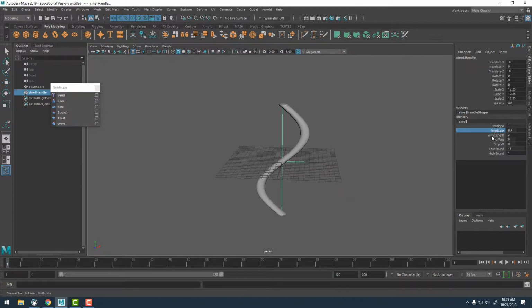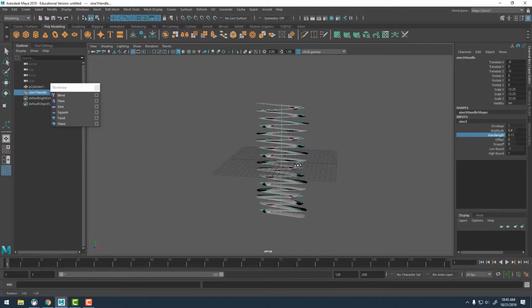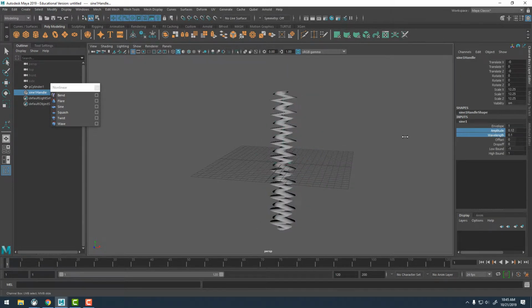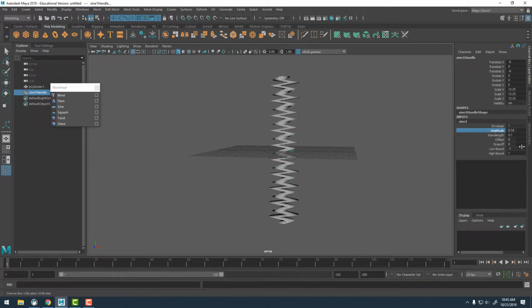The wavelength dictates how many actual waves are in this. The lower you go with this, the more waves you have; the higher you have it set, the fewer waves you have. So if I were to take wavelength and reduce it, I'm going to start getting a lot more waves throughout this geometry. And so I'd probably use a combination of the amplitude and the wavelength here to get the desired effect that I'm after. Offset, this is something we could use to animate this deformer. So we could get